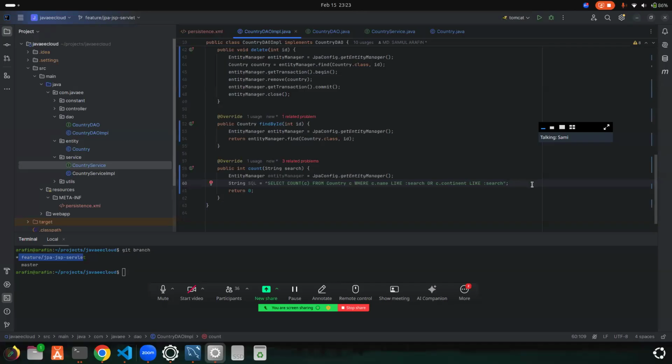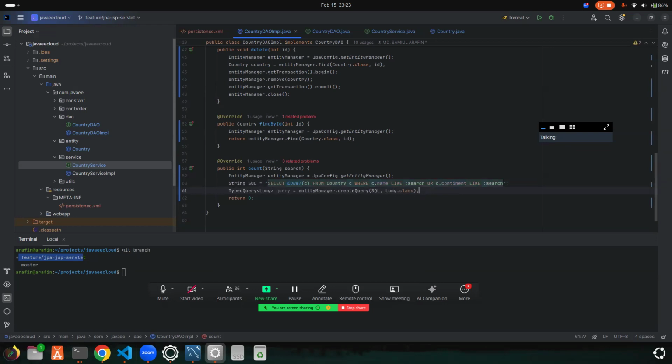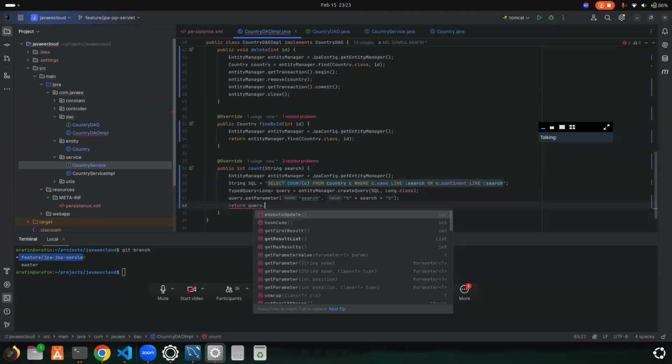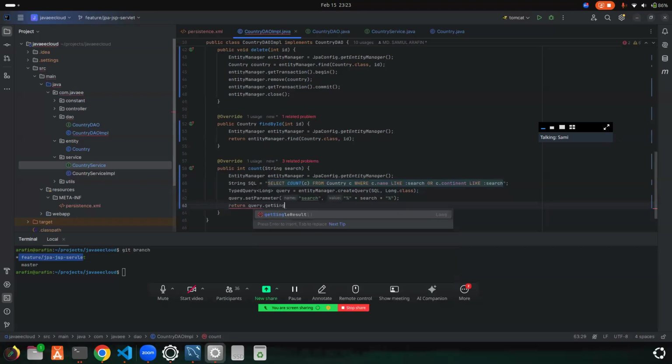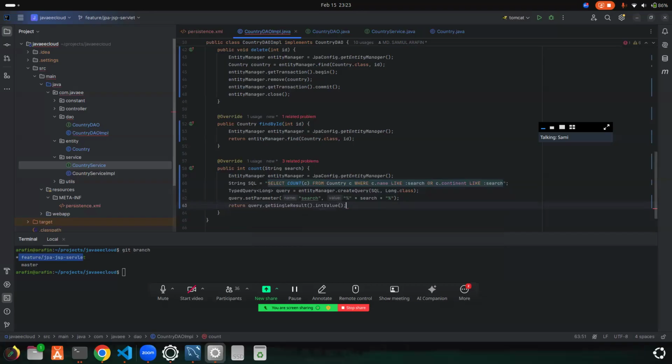And after that, I need to write a typed query. So typed query, it should be entity manager dot create query. It should be long dot class. And after that, I need to set the parameter. And what actually I will return is a single query result. Query dot get single result dot int value. Okay,